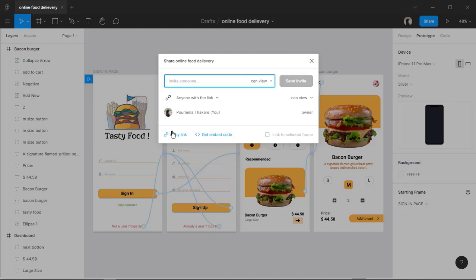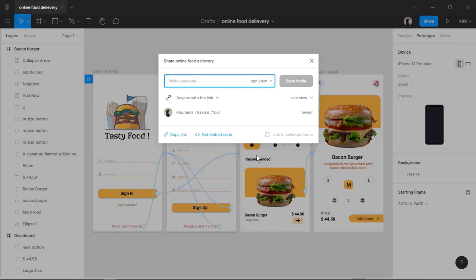So from here you can copy the link for your file and this design and prototyping you have created. And from here you can select the actions for the people with the link of your file. So if you click here, as you can see, we have two options like anyone can access the file you have created with the link, or only the people you have invited. And here the similar options like the people you have shared your link with can only view the file, or can also edit your file you have shared. And as I have said, from here you can copy the link for the file and design you have created.